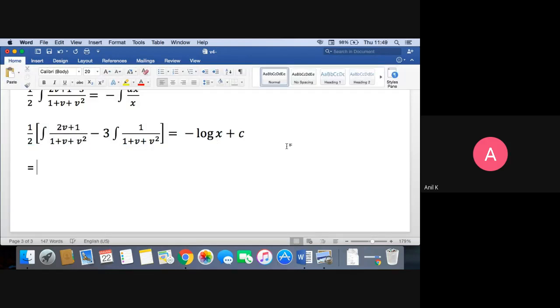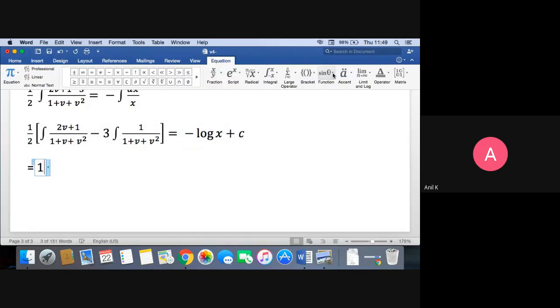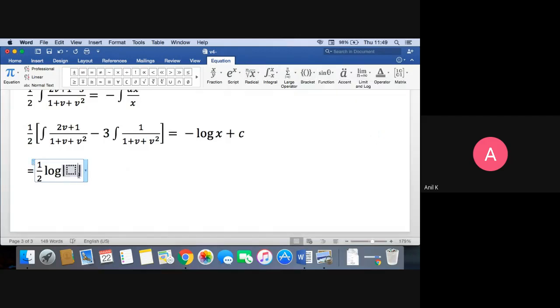Here again let me insert the equation. So we have 1 upon 2 log mod of the denominator, 1 plus v square, minus 3 into